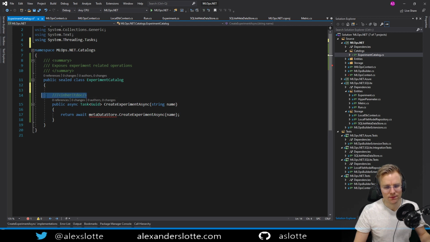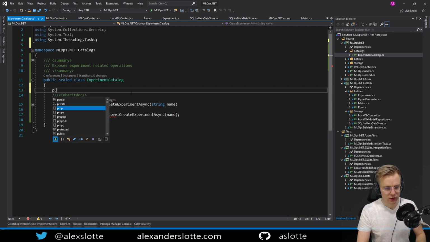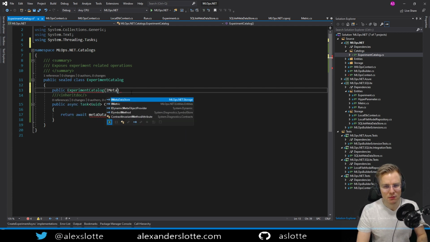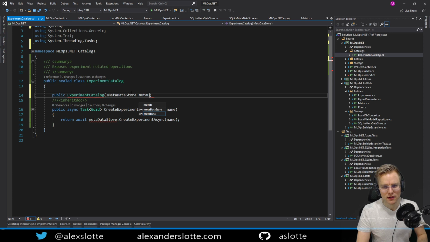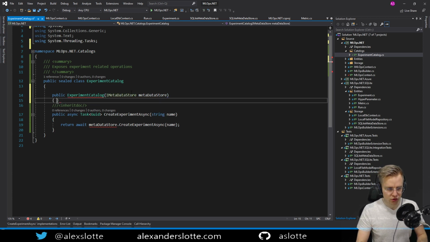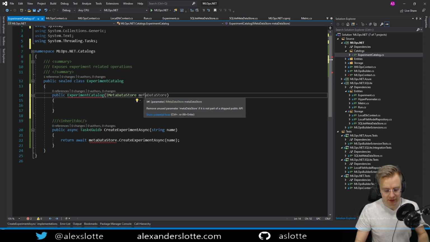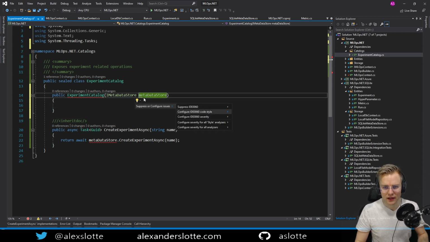So we're going to go ahead and add that. We'll do that by adding a constructor, ExperimentCatalog, and we'll pass in a metadata store, which is going to hold our references to the information about the model here. So we'll go ahead and do that.